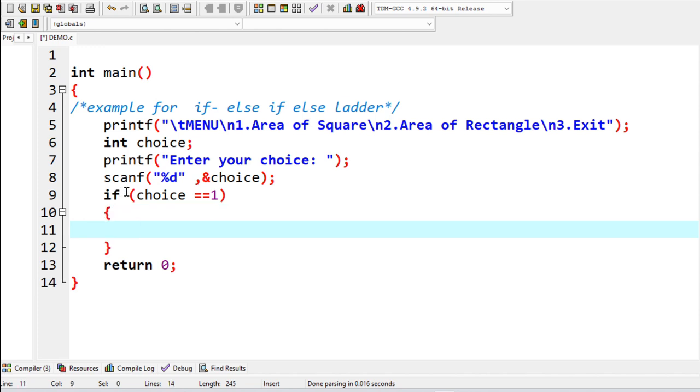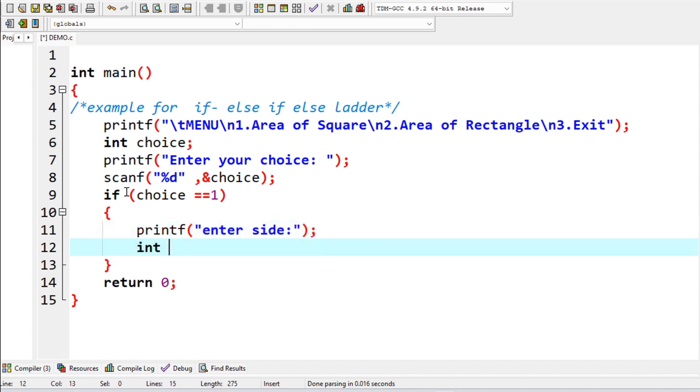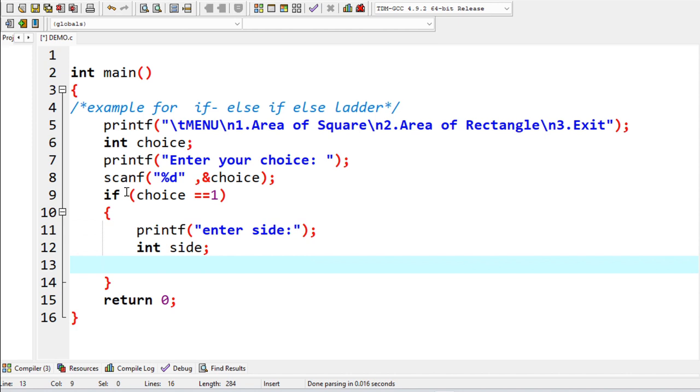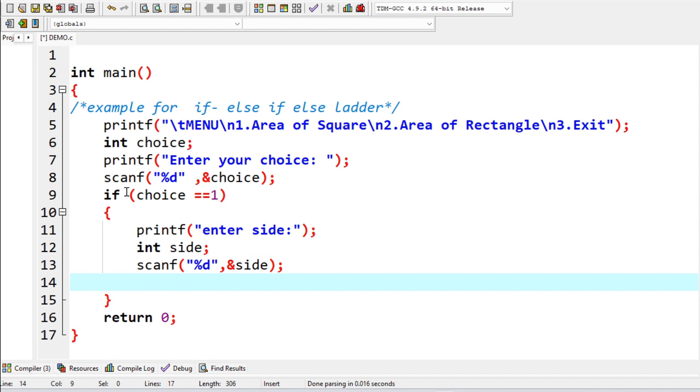So if my choice is a 1, I'll ask the user for the side of the square, and a variable side declared. I will read the value for the side of the square by mentioning the format specifier, the address of side, and using this I shall print the area of the square to be